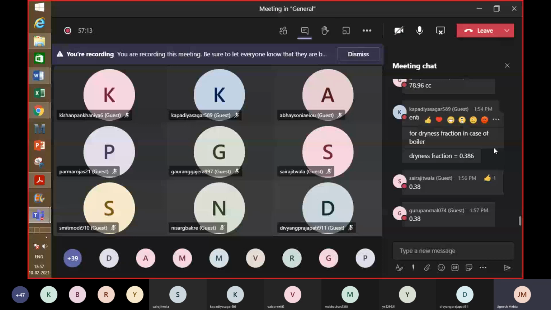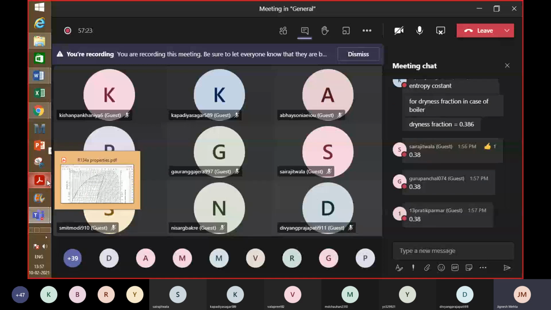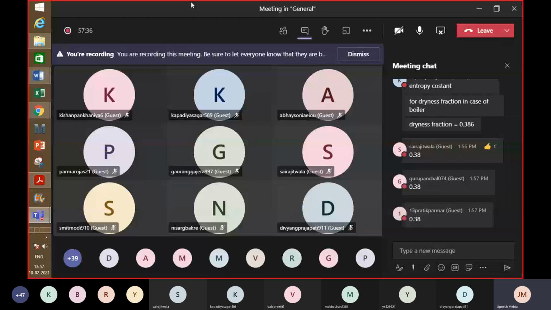Okay, so that's the dryness fraction that you get. So 38% gets converted into vapor, and the remaining 72% is the liquid, which is actually the only useful part of the refrigerant, which will be used to absorb the heat from the space, and it will get boiled, and finally it will become saturated vapor. Okay.